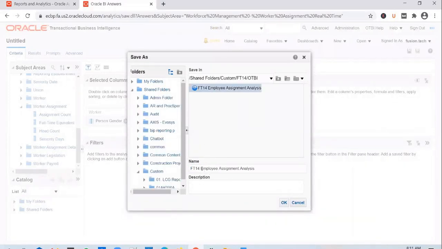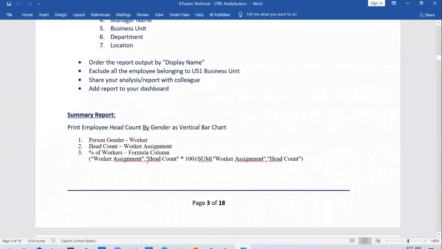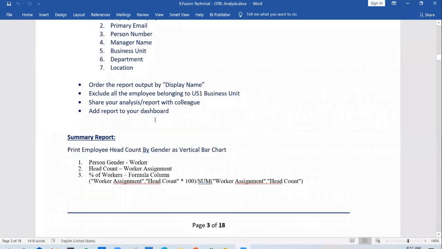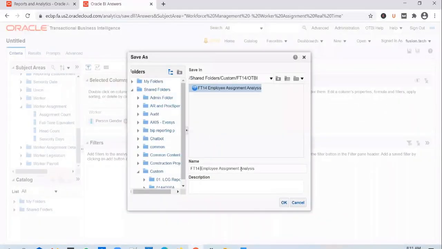Let's call it employee gender summary analysis.